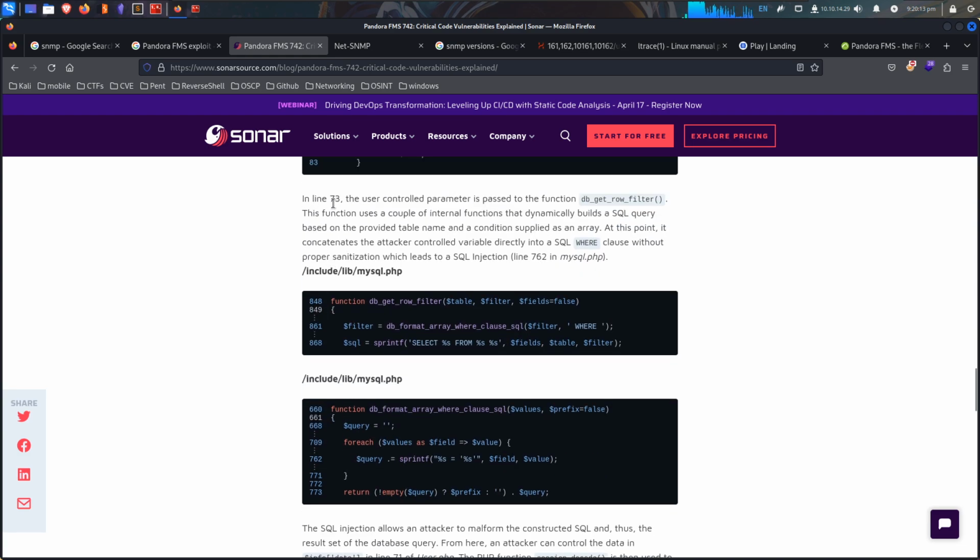SQL in line 73, the user control parameters pass a function db_get_row_filter. The function uses a couple of internal functions to dynamically build a SQL query based on the provided table name and any conditions applied as an array. At this point, it concatenates the attacker controlled variable directly into a SQL where clause without proper sanitization, which leads to a SQL injection. So there's no prepared statement here, which would have prevented it from